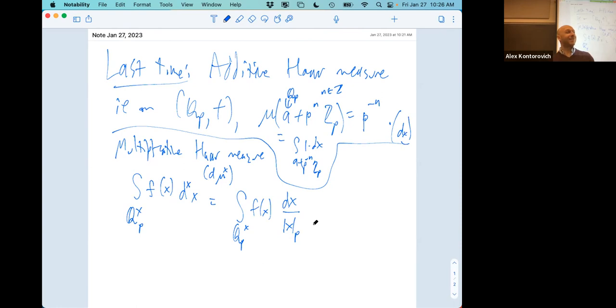And yes, there was a normalizing factor, p over p minus 1, so that the multiplicative measure of the group of units is 1. That's the new normalization. This normalization came from us just starting with calling Z_p a set of measure 1, and realizing that all the other measures, if it's going to be invariant under addition, have to have this size. If we want a measure that's invariant under multiplication by Q_p cross, then we need this.